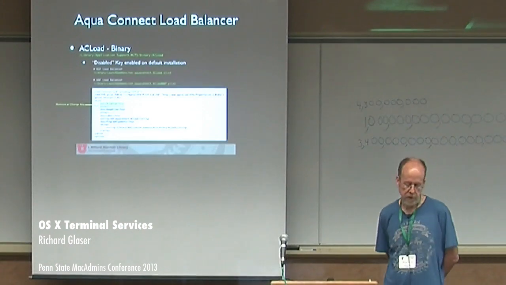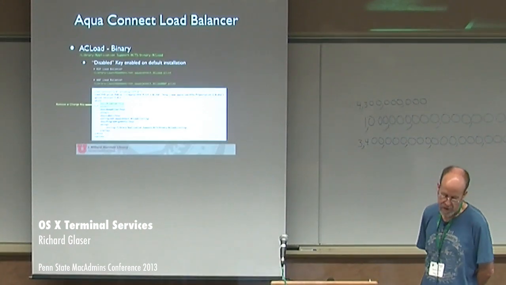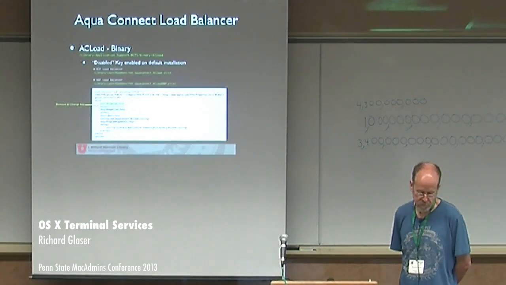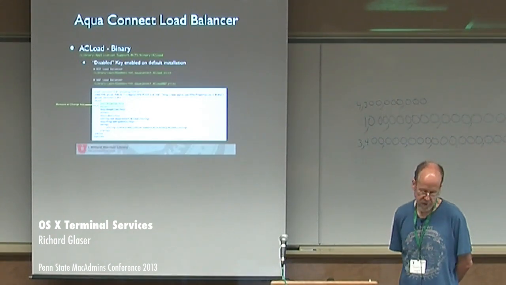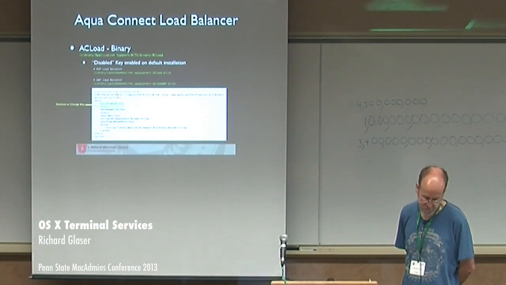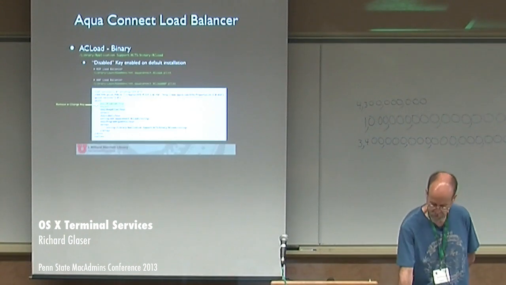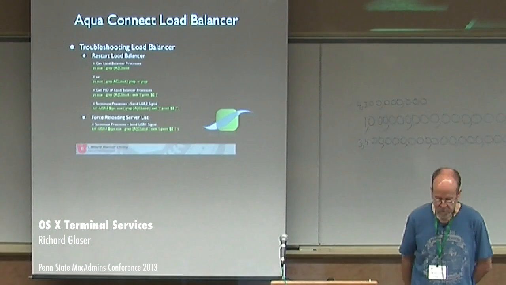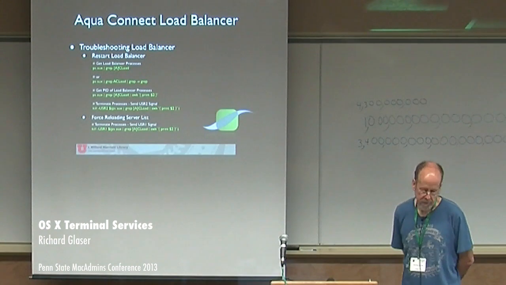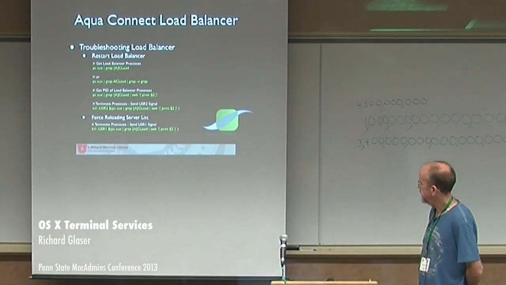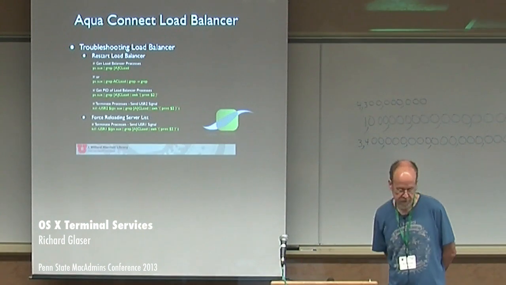One thing we ran into with the load balancer is the launchd item has disabled true by default. And I informed the company and hopefully they'll change it in the future. So you need to change that to false for the load balancer to work properly. Troubleshooting the load balancer. Here's kind of some example code. Basically, you define the processes and then you send a kill USR2 and that'll basically restart the load balancer.